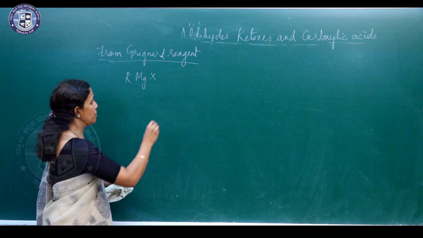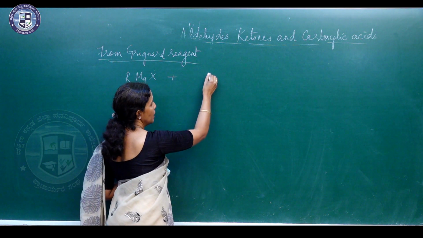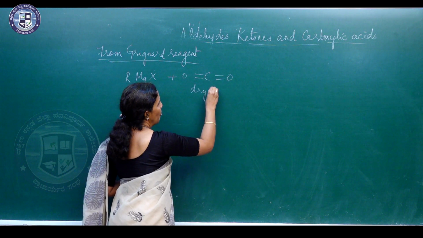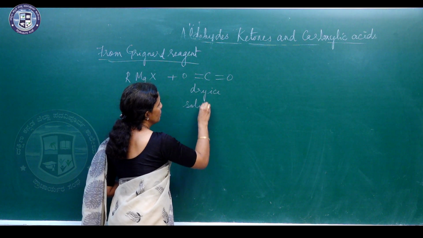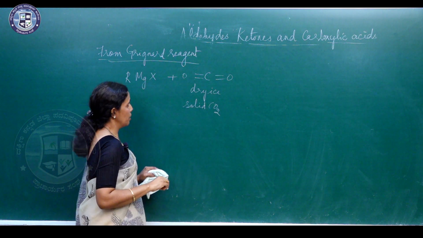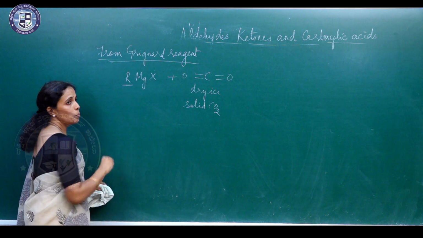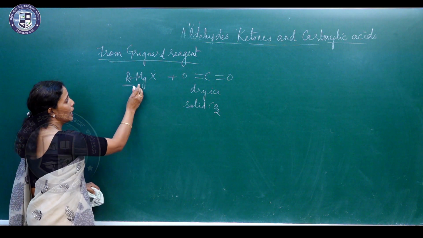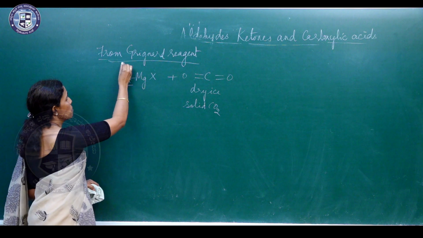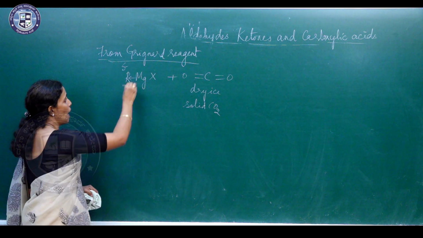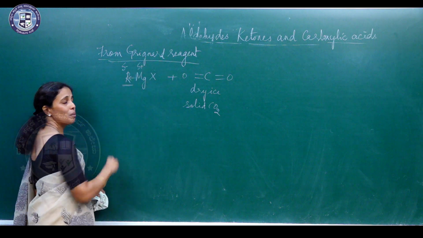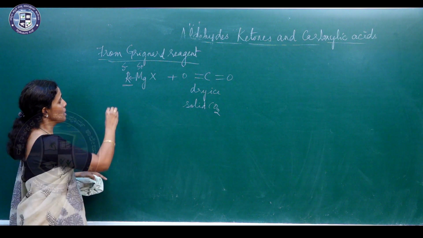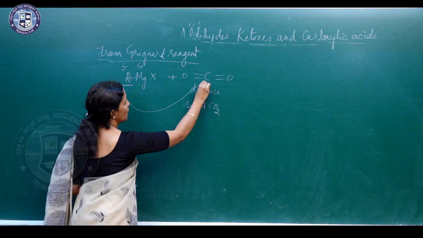So, this Grignard reagent is made to react with dry ice, that is solid carbon dioxide. Now here the alkyl group is nucleophilic in nature, because carbon is more electronegative than magnesium. So, this will have a partial negative charge on it and the magnesium atom will have a partial positive charge. So, now this R group acts as a nucleophile and this is going to attack the carbon atom of